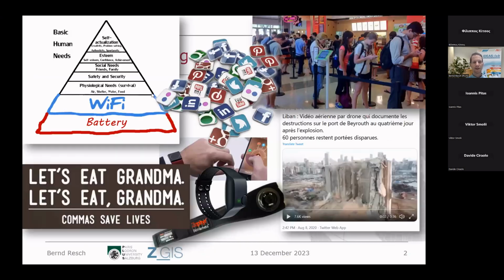Good. So to start off with, when we talk about big data, that's basically what we mean, and that's nothing surprising, I guess. But first of all, here on the top right-hand corner, I guess everybody knows that this is basically the Maslow pyramid of basic human needs. So we say that, first of all, we need to take care of physical needs like shelter, water, food, and so on. And then we can care about other more fulfilling things, including friendships, and up there we have self-actualization, which means we can pursue our hobbies and stuff.